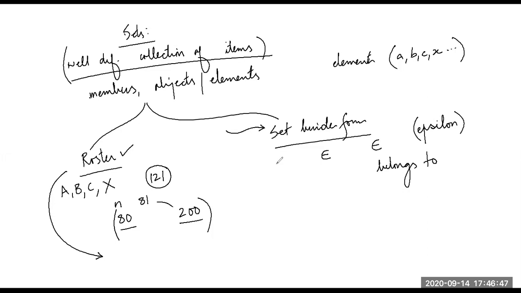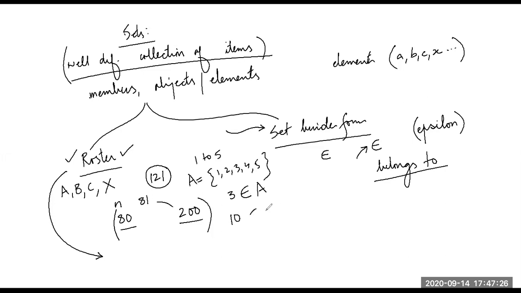So, students, I forgot to tell you this epsilon symbol is used in roster form also. Let's say I have a set having natural numbers 1 to 5. So I'll write that set. Let's say the name of the set is A, with elements 1, 2, 3, 4, 5. So let's say 3 belongs to this set. I'll say 3 epsilon A. It means 3 belongs to A. This is used in roster form also, everywhere. But then you see 10 does not belong to this set. So I'll write 10 does not belong to A.